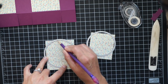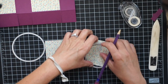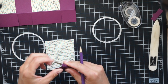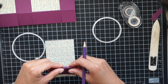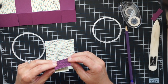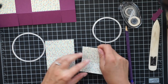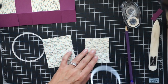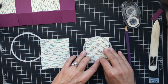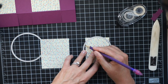You're going to want to draw a circle, just trace that, and you want to do the other flap. But the thing about the other flap is one piece is longer than the other, so you want to make sure you're picking the correct side to trace and cut. So you'll see when you fold it where our score line is, there's a longer side. That's the side you want to trace your circle on. So again, just line it up, try to get it as evenly as possible,